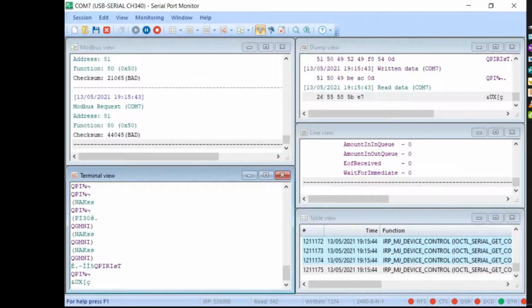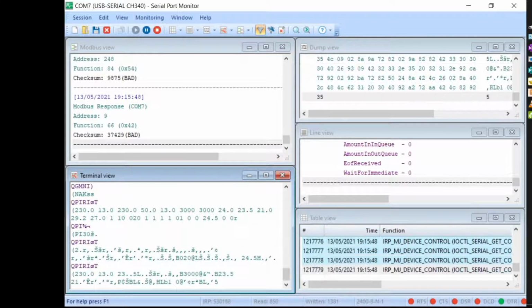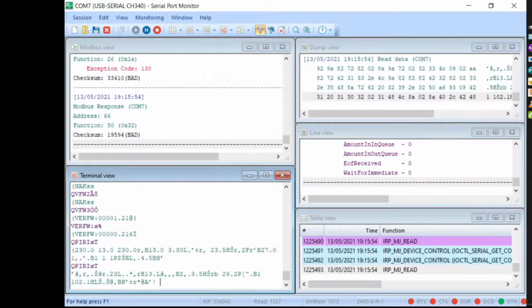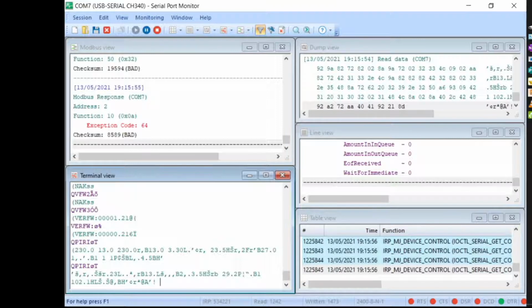See, there is much junk, and you see here a lot of junk is being received. This is due to maybe a communication error, but we have started receiving data from the inverter. We are not interested in the reply, but we are interested in what is being sent. If there is a reply, whatever it is, like this